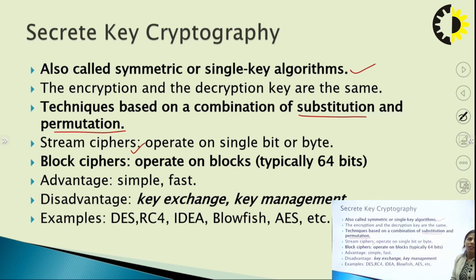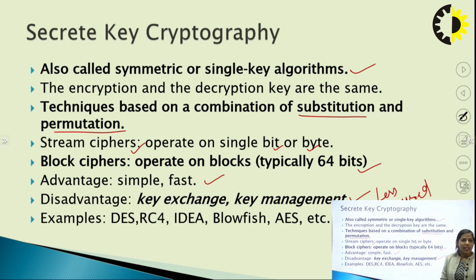Stream cipher means whatever value we are transferring is based upon a bit or a byte, so you transfer the data as bits or bytes. Similarly, we have discussed block ciphers, which operate on blocks, for example 64 bits of data used in the particular information. What are the advantages of secret key cryptography? It is simple and fast. The disadvantage is in key exchange: sometimes the key can be exposed, or key management is loose. Then these are the disadvantages of this process. So in that case, it will be less secure.